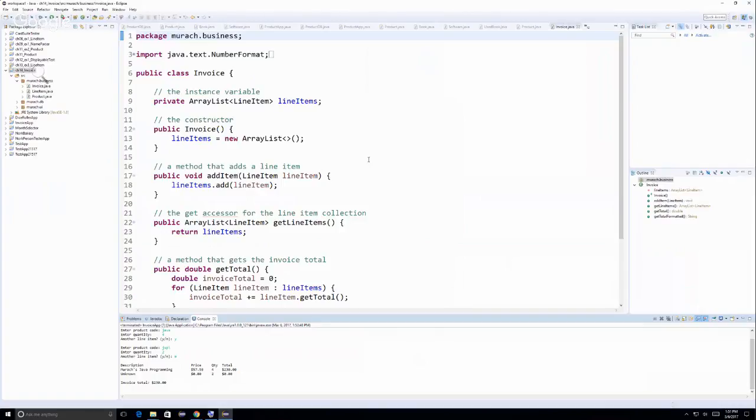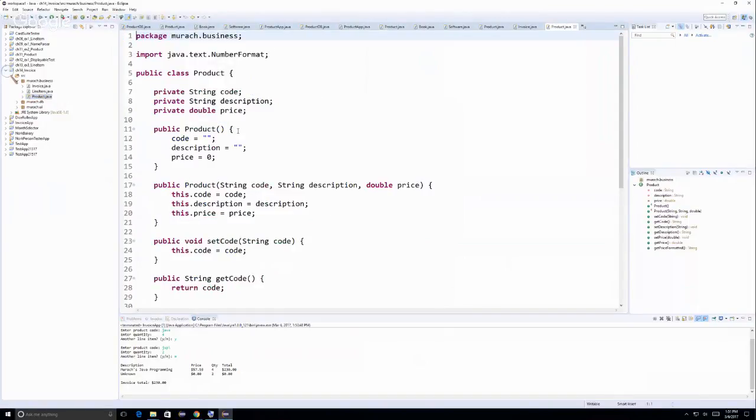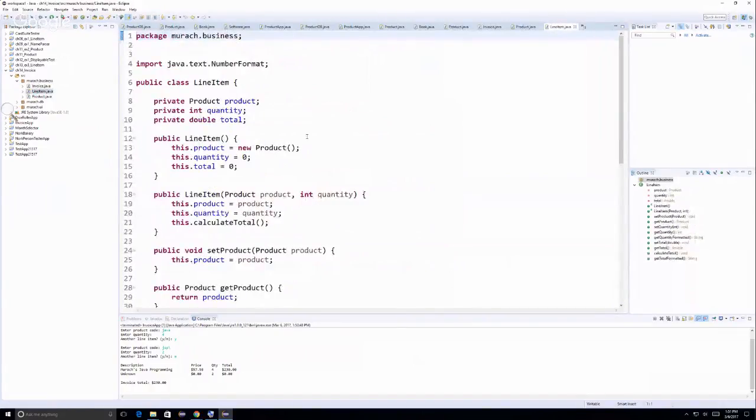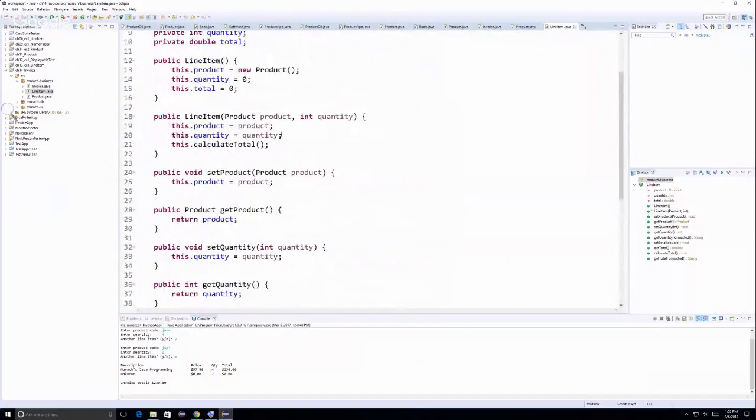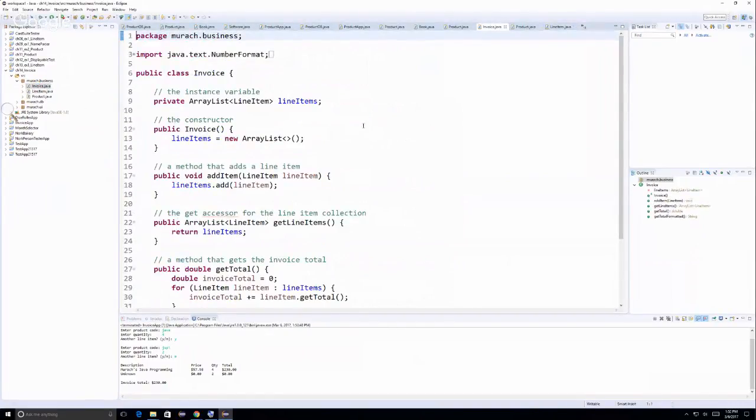And there are a couple of things I wanted us to look at together. So we have a product class, which is the product class you're familiar with: code, description and price. We have a line item class with product, quantity, and total. And I believe we have looked at the line item before in a previous chapter as well. So you can get and set the product, quantity and the total. And then we have the invoice. The invoice class has an array list for an instance variable. And so here is the new addition. This is an array list of type line item class,